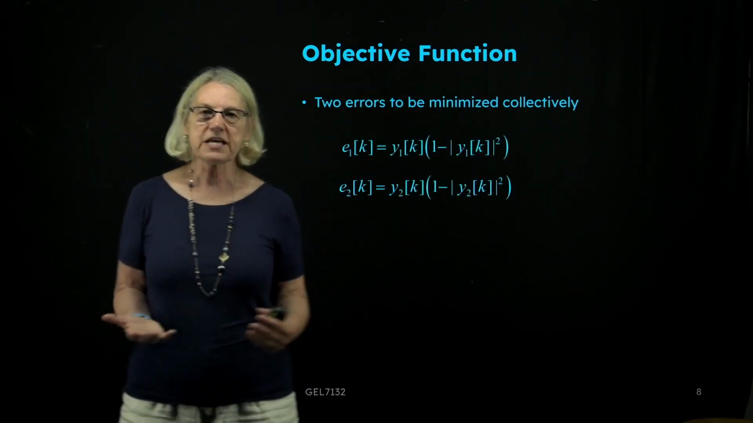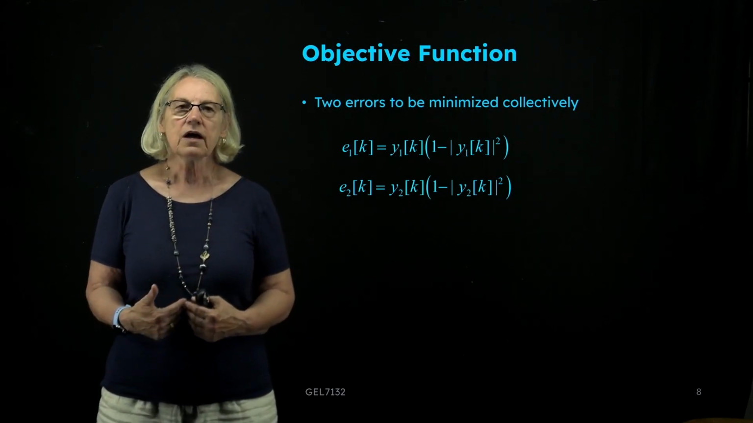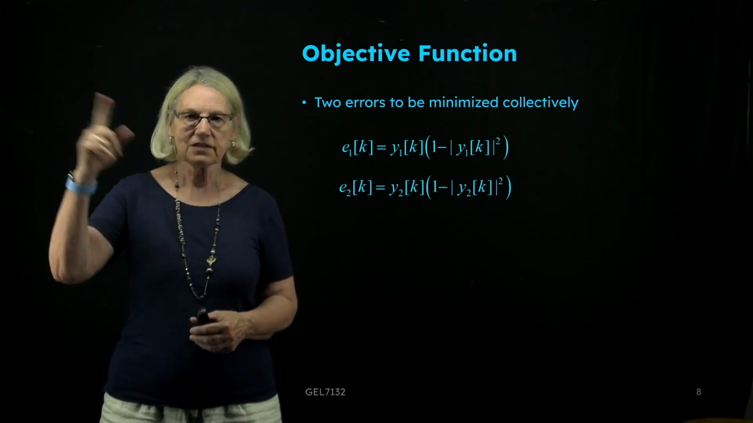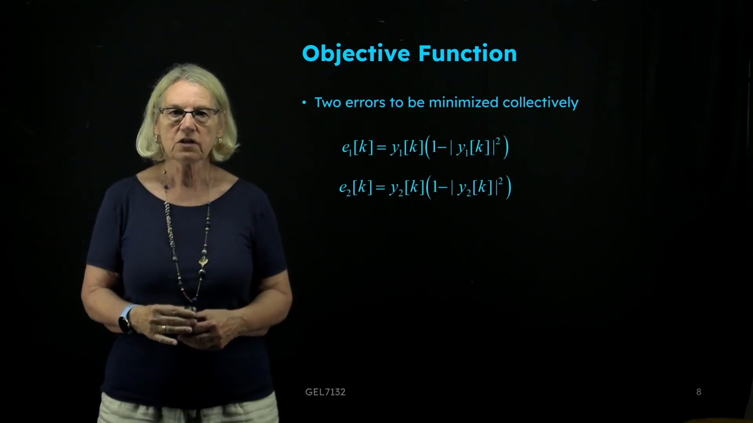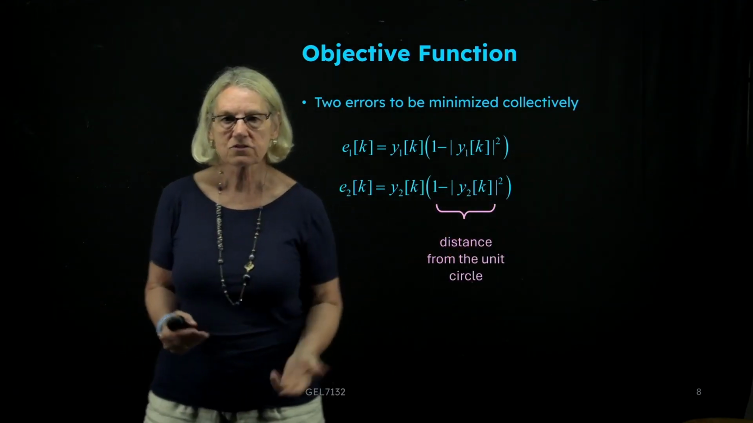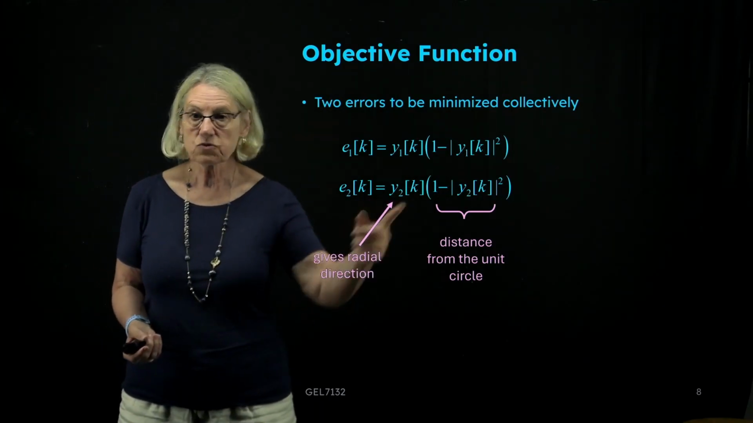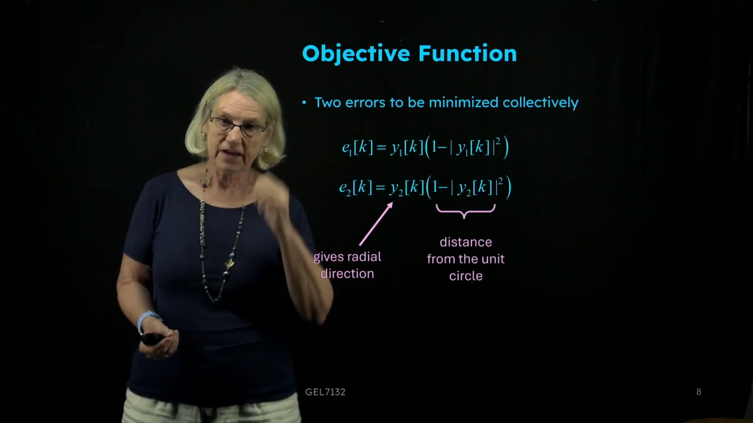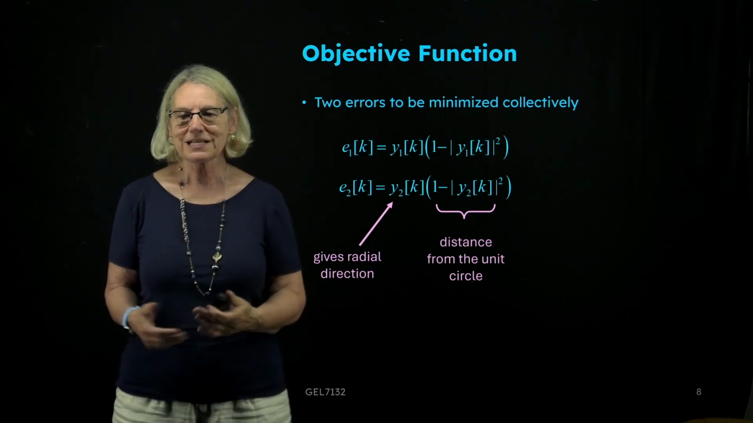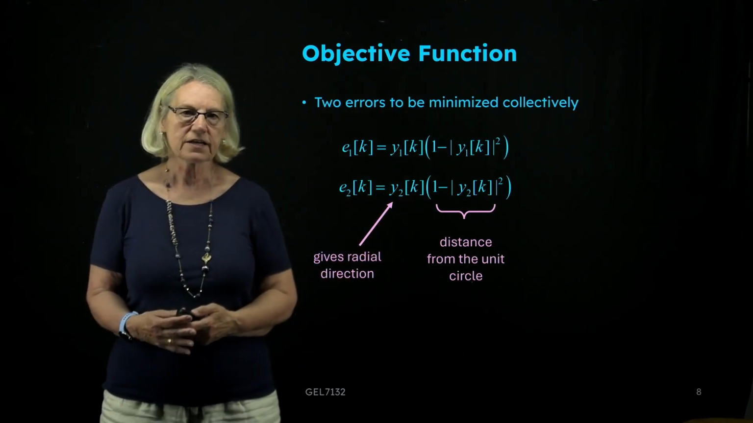So in order to do the adaptation, I need an error signal, an objective function, and there's going to be 2 errors that I have to minimize collectively at the same time. And one of them is in the X polarization, keeping things on the unit circle, and on the Y polarization, keeping things on this unit circle. So of course here, this term is directly the distance from the unit circle. So I'm going to try and make that small. And then this gives radial direction because this is a vector, a complex number which has direction. And also it's like an automatic gain control for the error. So this is the form that the objective function takes for the